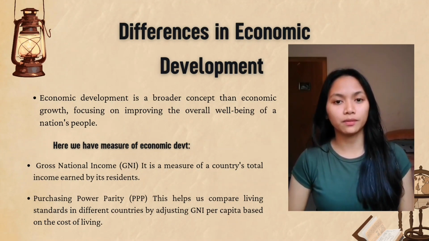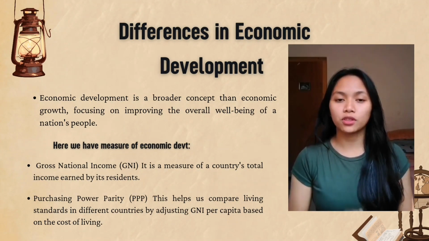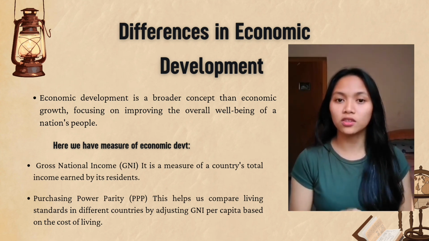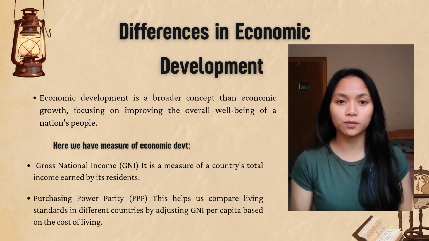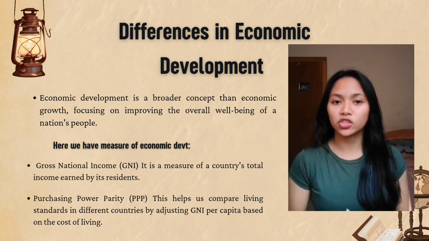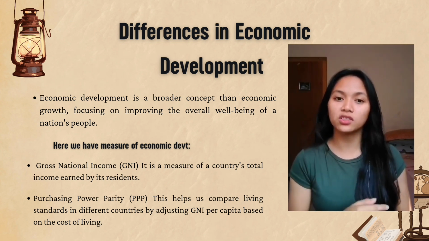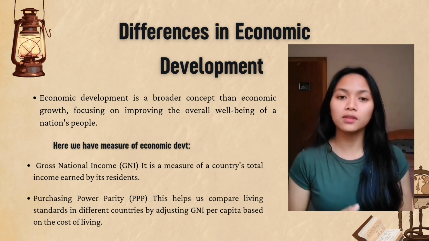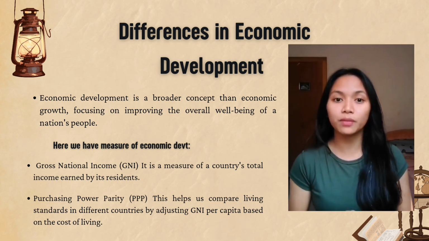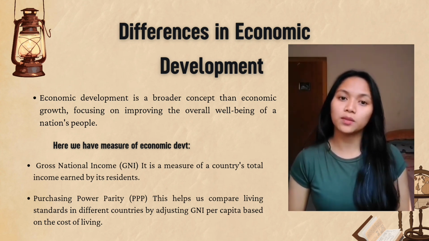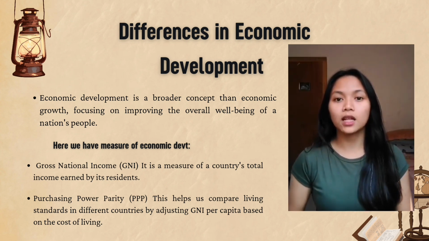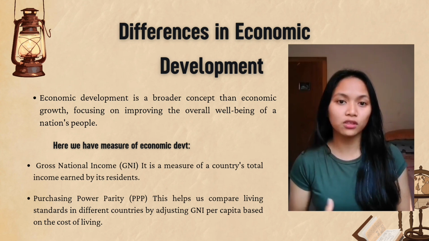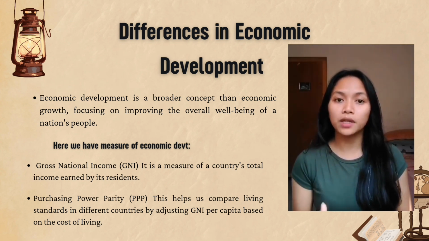Differences in economic development. Economic development is a broader concept than economic growth, focusing on improving the overall well-being of a nation's people. Here, we have measures of economic development. First is gross national income or GNI. It is a measure of a country's total income earned by its residents. Next is purchasing power parity or PPP. This helps us compare living standards in different countries by adjusting GNI per capita based on the cost of living,